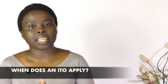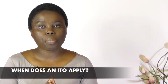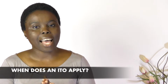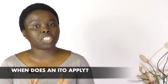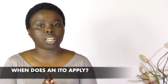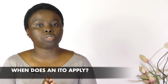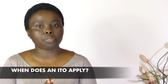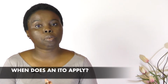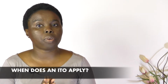Broadly, an ITO applies if you are an intra-corporate transferee and your company is based in a World Trade Organization member country or territory, and you are an executive or senior manager occupation, and you are from a WTO member country or territory, or you're a citizen or national of China and an intra-corporate transferee, an independent executive or contractor service supplier, or you are an inter-corporate transferee from a Singapore-based company and a Singapore citizen or permanent resident,